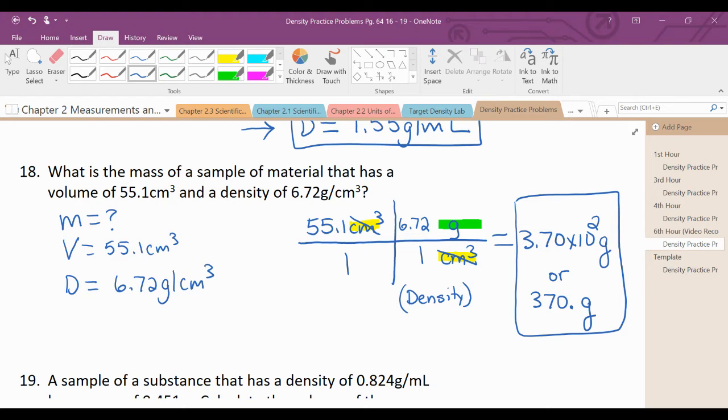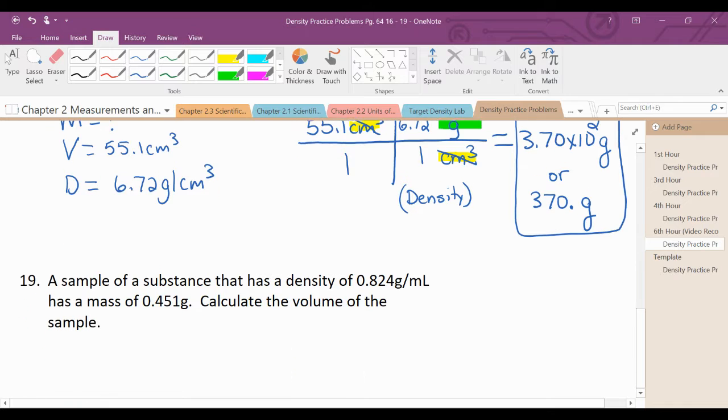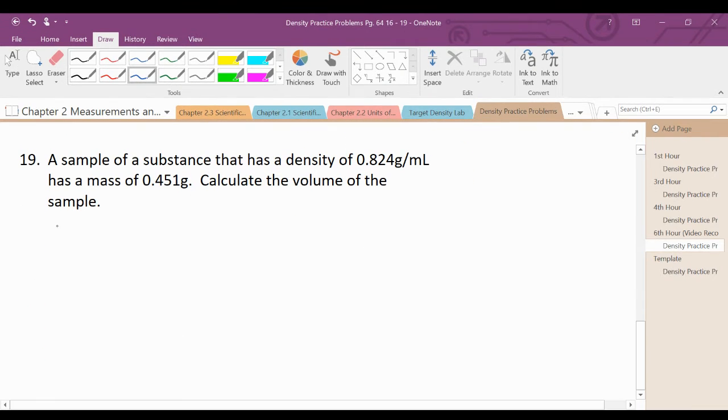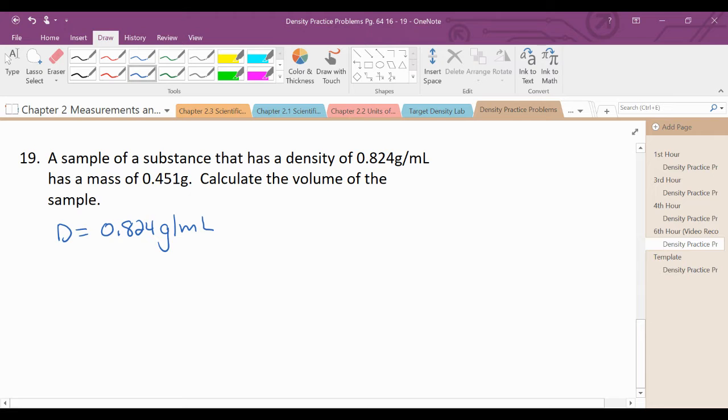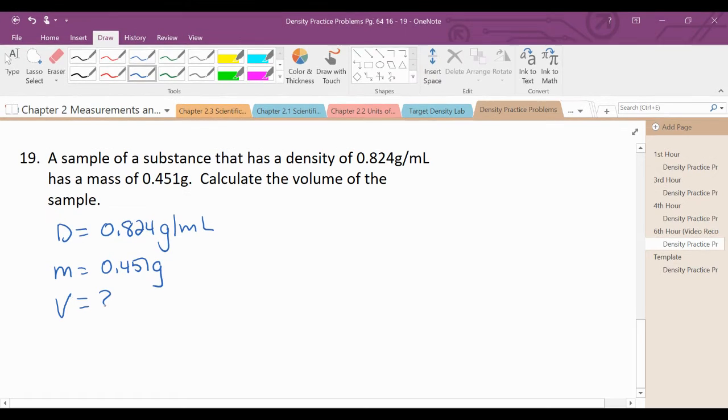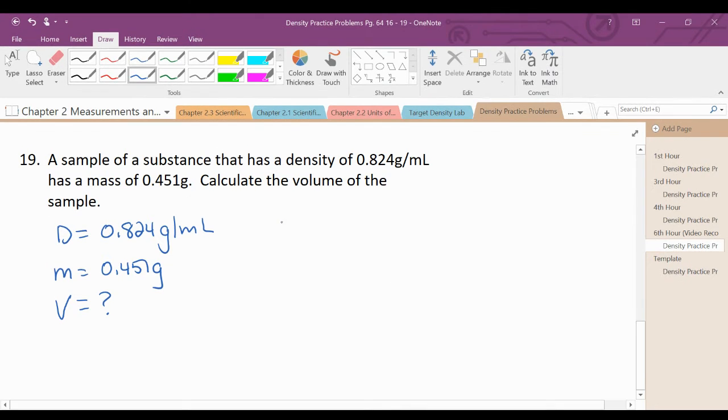For number 19, a sample of a substance has a density equal to 0.824 grams per milliliter. It has a mass of 0.451 grams. We want to find the volume of the sample. Again, we have our density, so we're going to use that as our conversion factor. So I'm going to start with my mass,